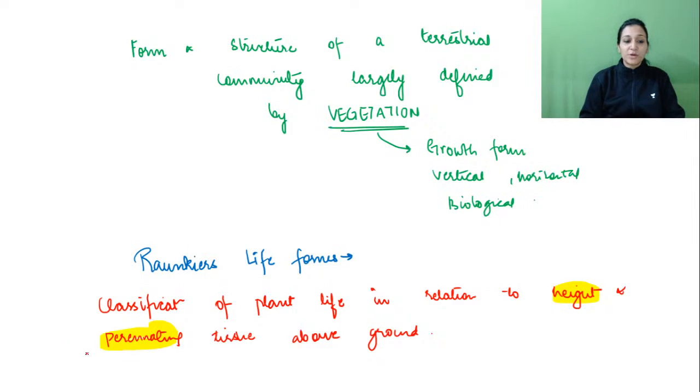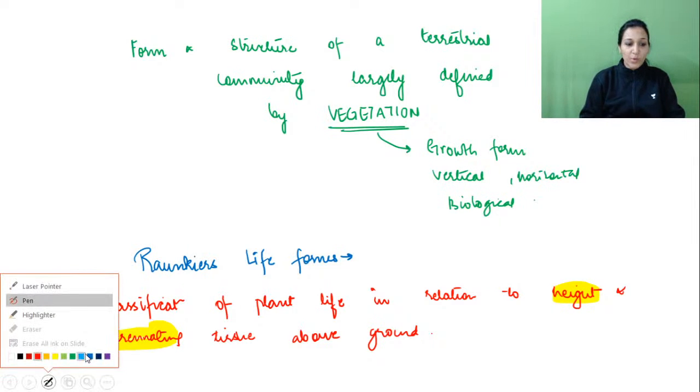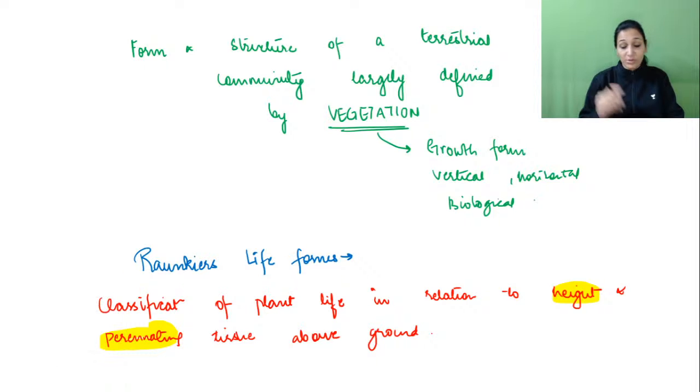So have you come across the word perennating for the first time? So what is the meaning of perennating? That is the curiosity. Perennating is any kind of embryonic or meristematic tissue that remains inactive over winter or a prolonged dry period; that is perennating tissue. Perennating tissues can include buds, bulbs, tubers, roots, and seeds. So let us write this also, what is a perennating tissue. Then we will move forward. So what is a perennating tissue?